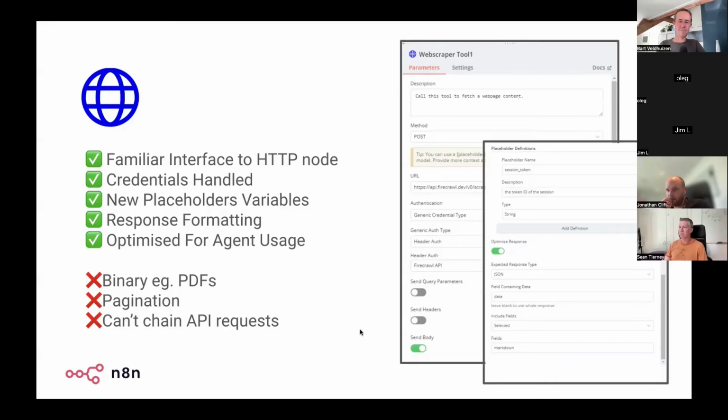Now, remember, this tool has only been around for a month. So there's no telling what the n8n team, with sufficient feedback, could do to improve it. So definitely start using it and contributing your feedback to that. So if we go to the next slide,